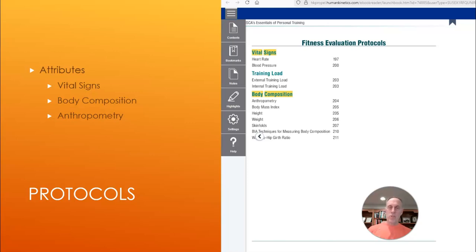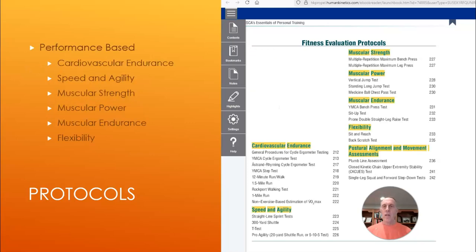So I broke those out specifically over here in attributes, but realize anthropometry, body mass index, height, weight, skin folds, etc. These are speaking about the human form, but they're speaking slightly different dialects, if I can say it like that. They're slightly different. So when we look at performance-based over here to the right, we now have cardiovascular endurance, speed, agility, muscle strength, power and endurance, flexibility and postural